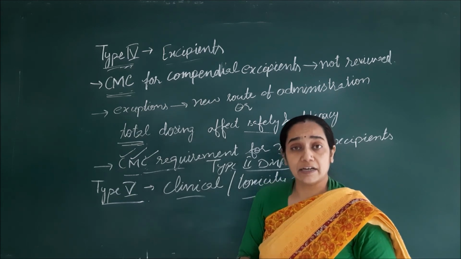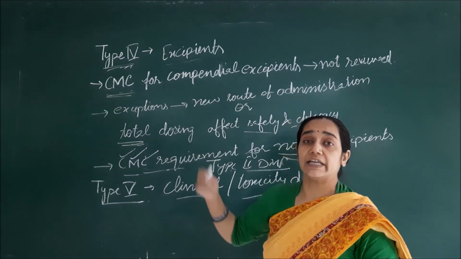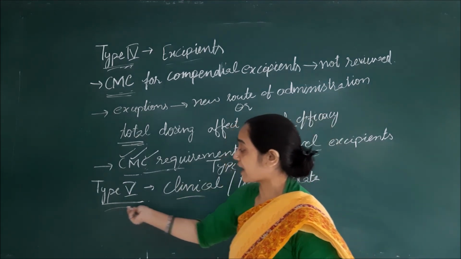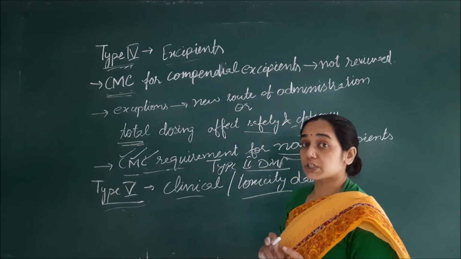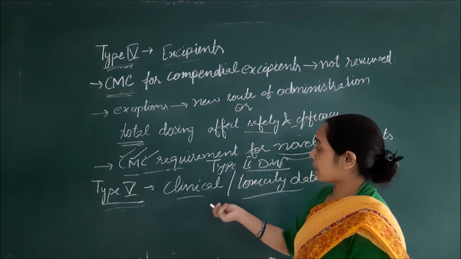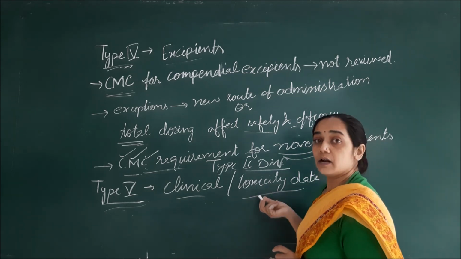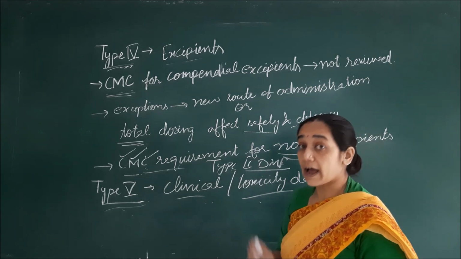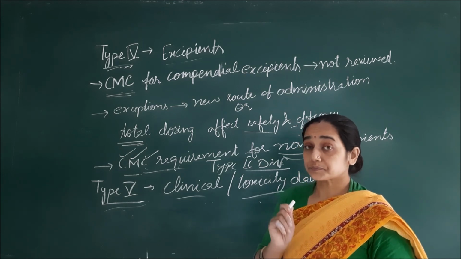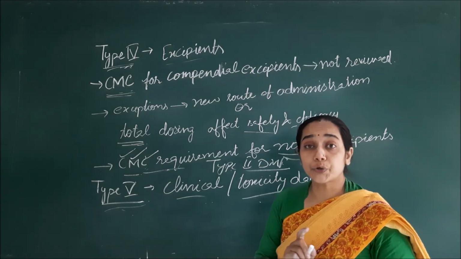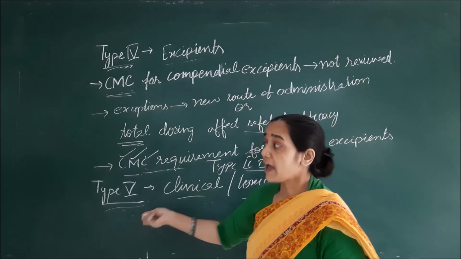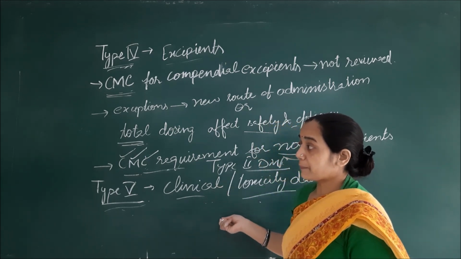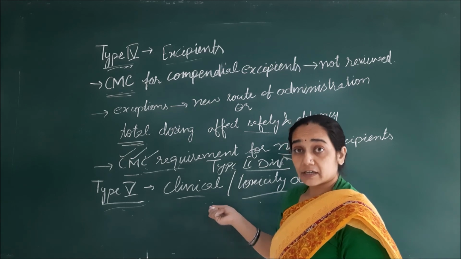If they contain information, whatever information they contain, then it will not be specified in type 5 of the DMF. It will exclusively include the information about the clinical studies and the toxicological information. And FDA also recommends that there should not be duplication of the information in type 5, as well as all the information should not be